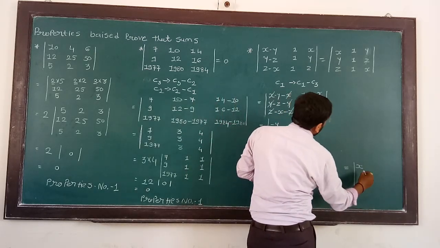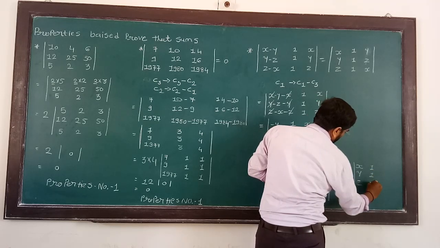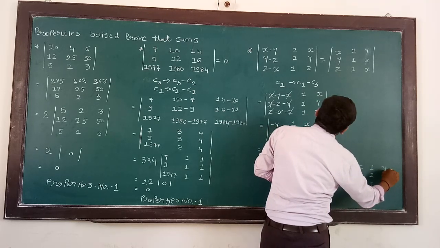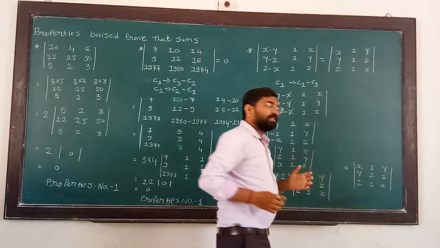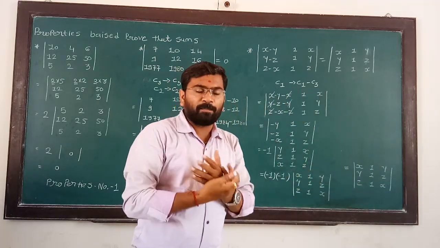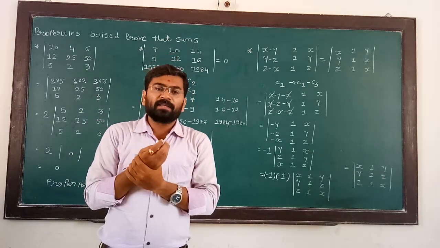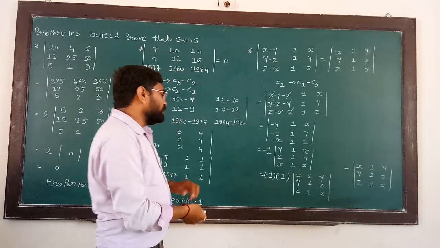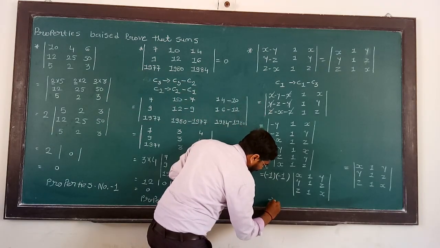So directly put the answer: x, y, z; 1, 1, 1; y, z, x. See the students, the most important part is only the 6 properties. So you can use the different properties here. We write